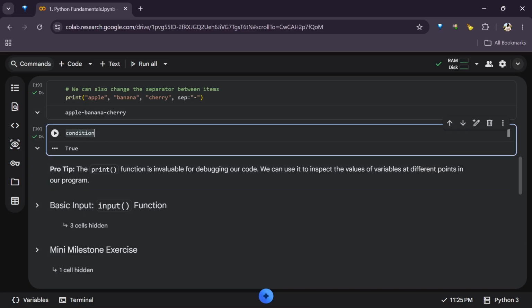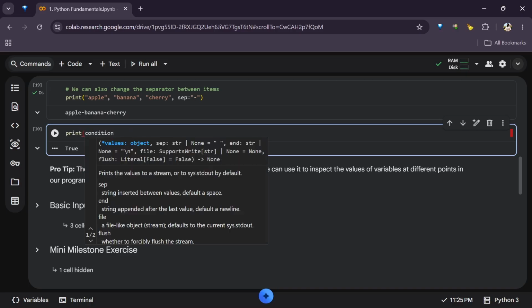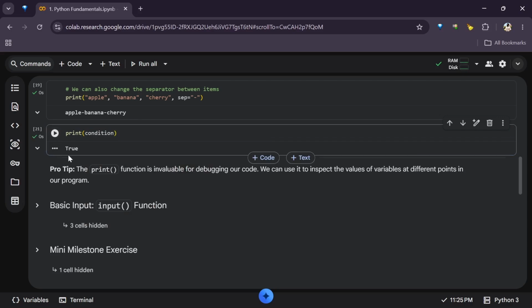You can get the output of a variable by just using the variable name. But the best way to get it is to use the print. So now let's look at it. I'll use the print. Now physically it might not seem as much. You can see it's just the true, but this is the best way.